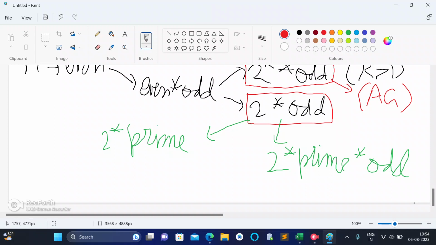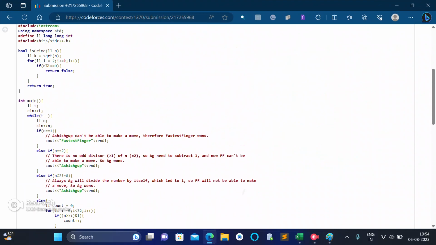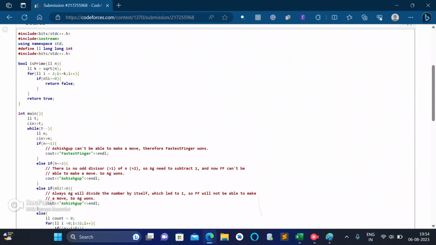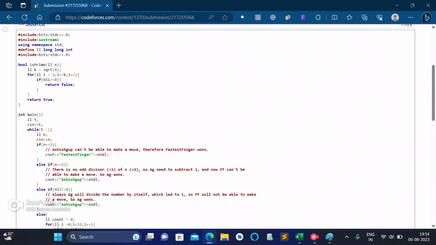If that odd is prime, you will get to know. If that odd is not prime, that means that odd is actually a product of two things, one prime and other odd. So you won't have to apply the sieve of Eratosthenes again and again. T test cases are given to you, so you can pre-compute in a list, or do the mapping of which are my prime numbers. And then you can easily check whether the given odd number is prime or not. I have also done the pre-computation here. You can see.